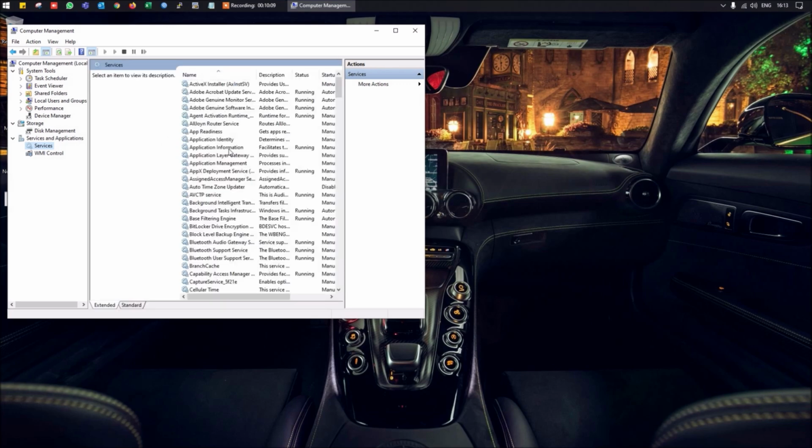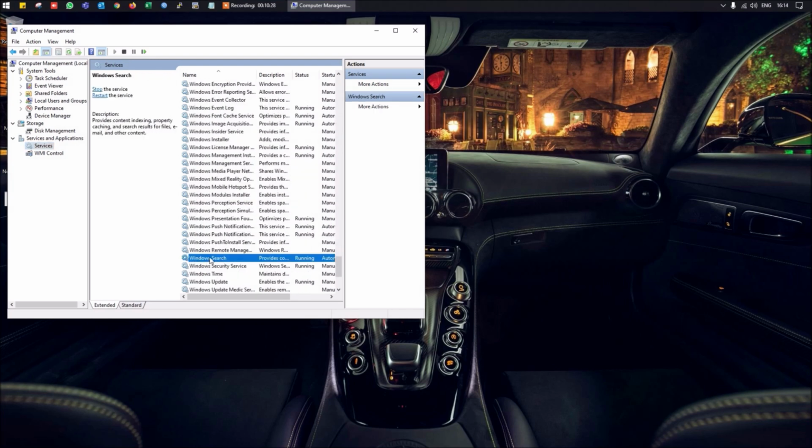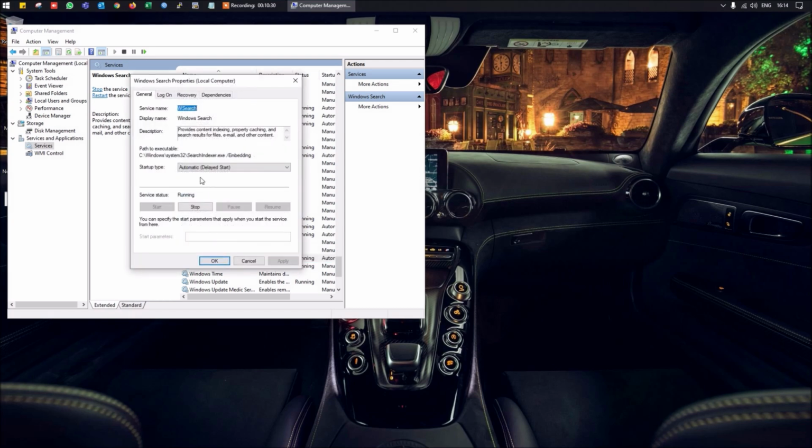You have to look out for Windows Search. You can find it, this is the Windows Search option here. You can simply disable this feature from here. If you don't use this, you can simply disable it. You won't be able to search in Windows during that time, but it will definitely help enhance the performance of your machine.